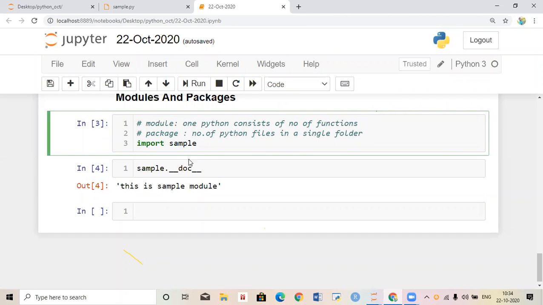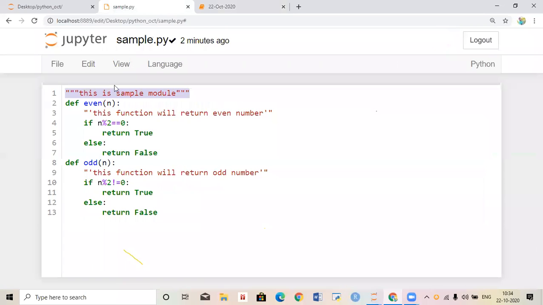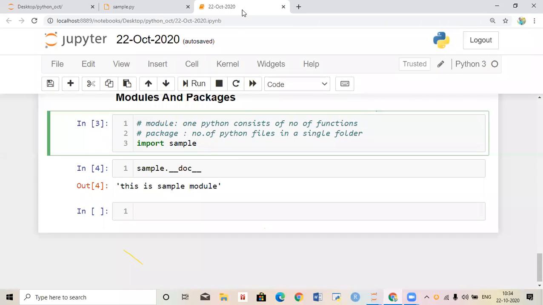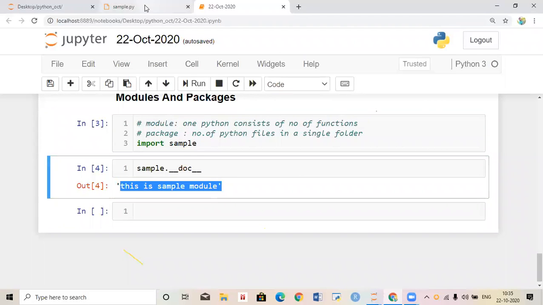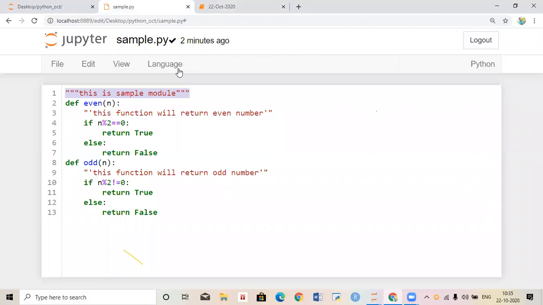If you want to write documentation, which is nothing but a comment, about a module, just type it in triple quotes. That is called documentation. Now I want to print the documentation of this file, that's why we use sample dot underscore underscore doc underscore underscore. This will print: this is a sample module.